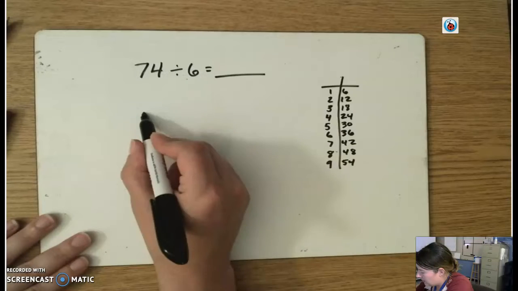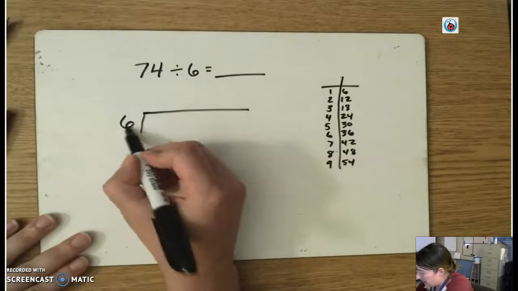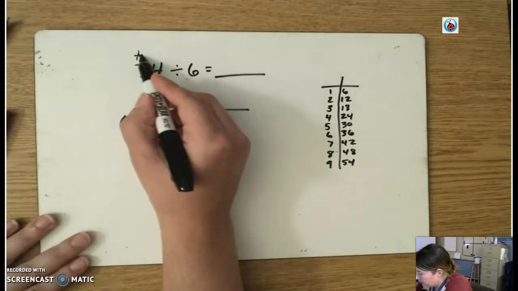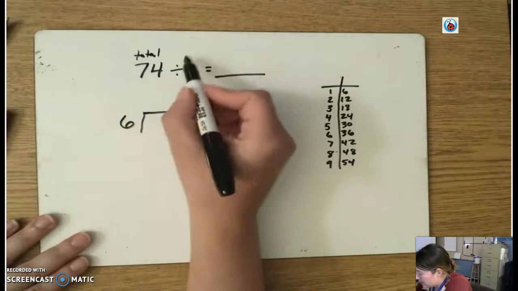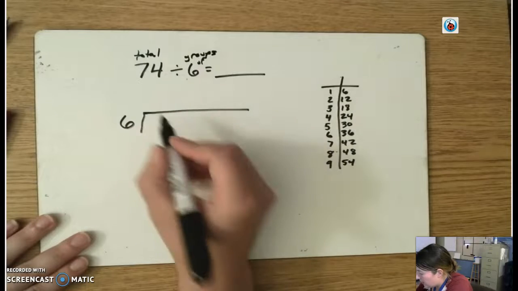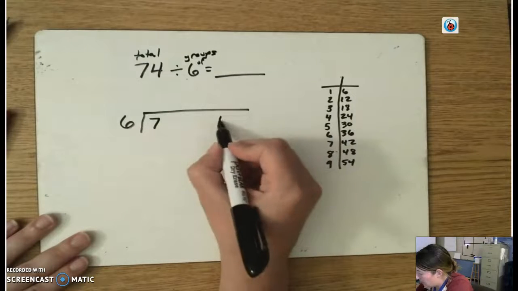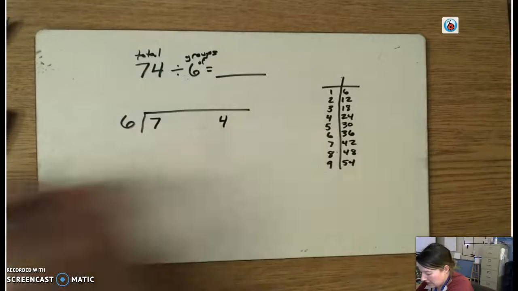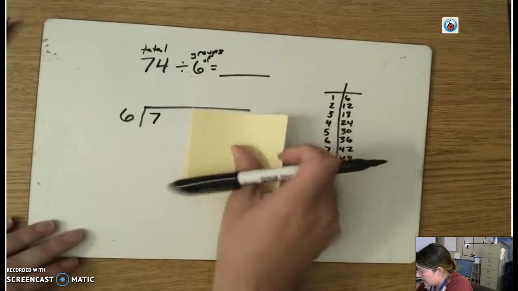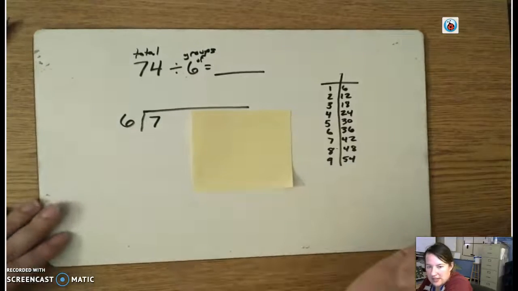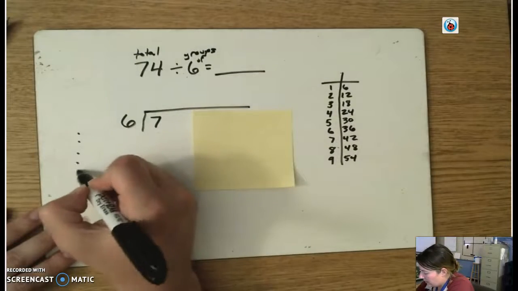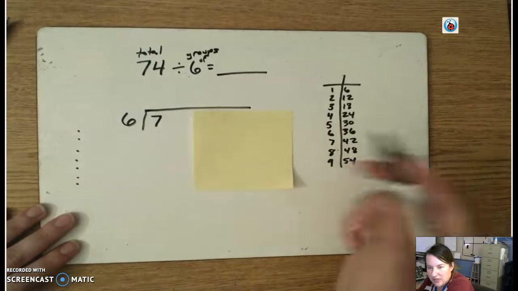So let's do this using wide division. I'm making groups of 6, and I have a total of 74 pieces. So I'm going to put 74 here, and I'm going to spread them out. Now remember, I'm just going to look at one digit at a time for now. Okay, so let's just look at the 7. So if I have 7 pieces, 1, 2, 3, 4, 5, 6, 7,